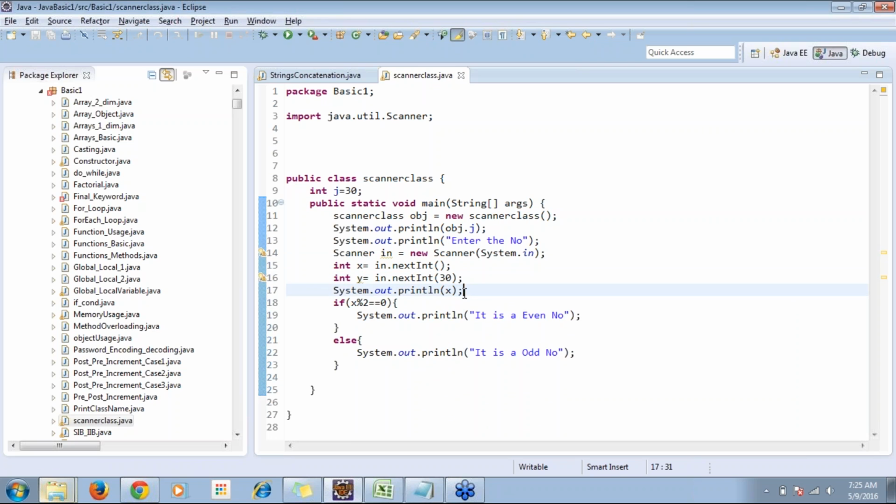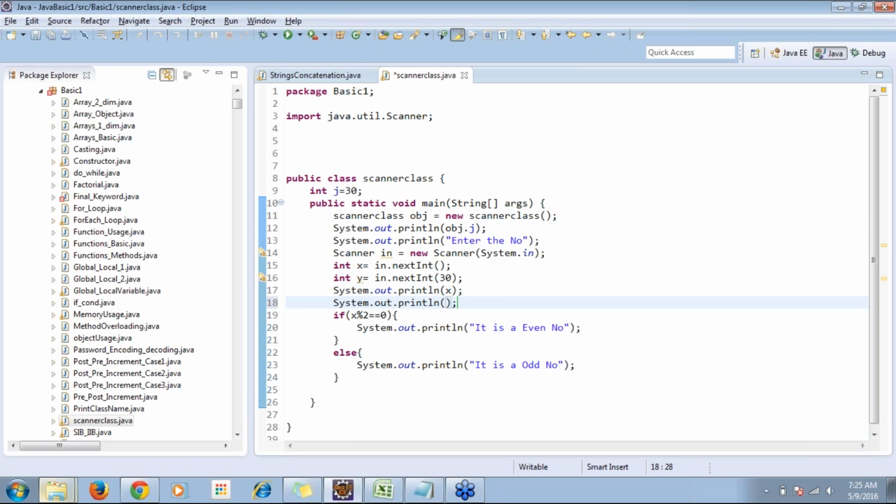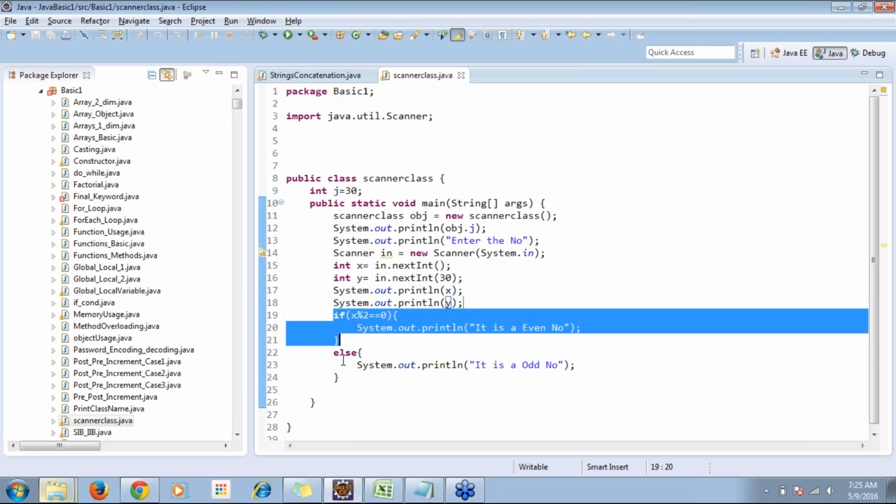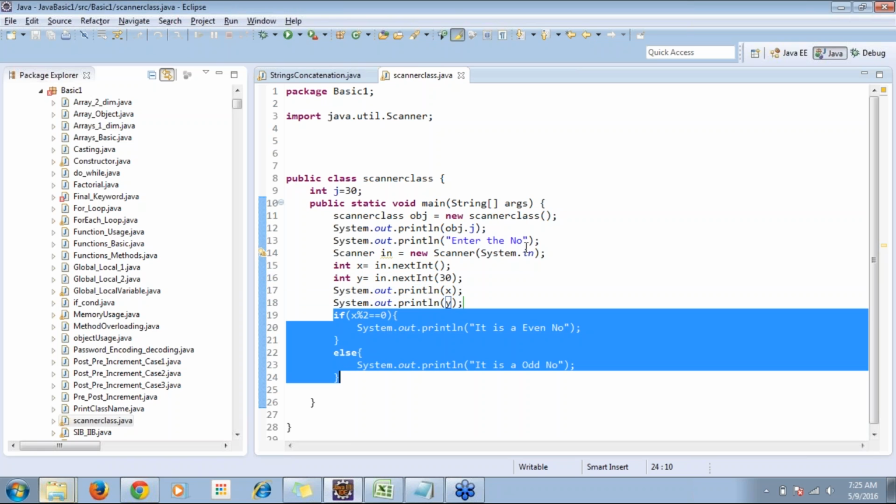Now it will print the x value, then it's going to print the y value. Then here I'm going to check, from my side, whether the number which I pass is a